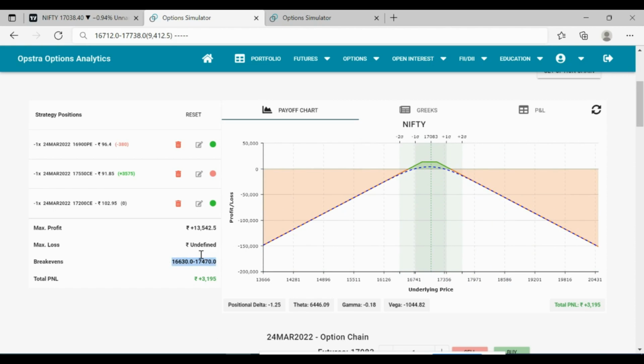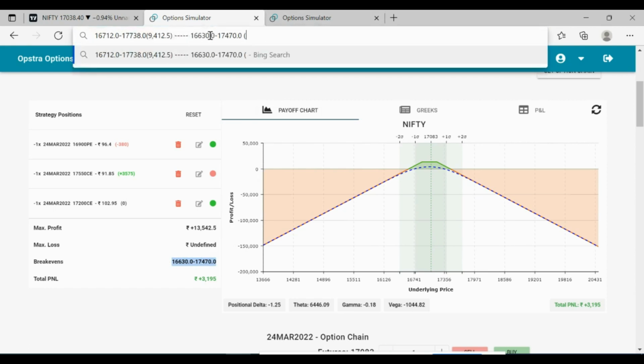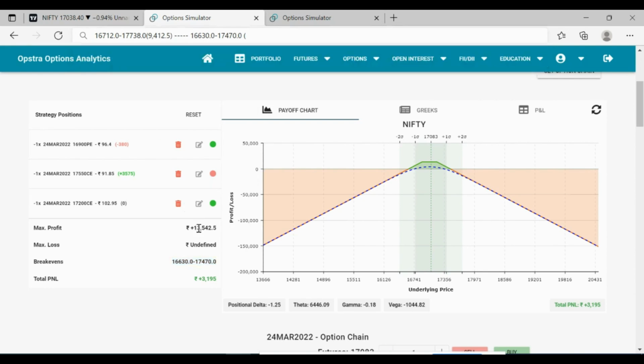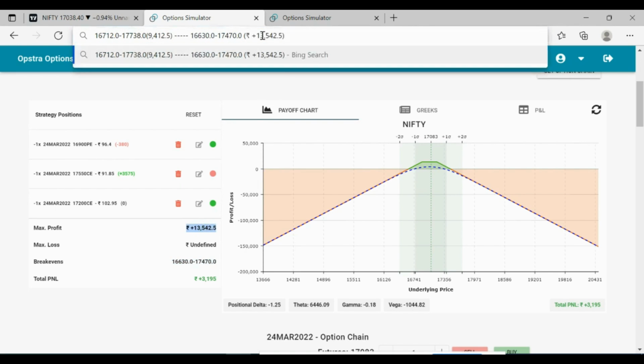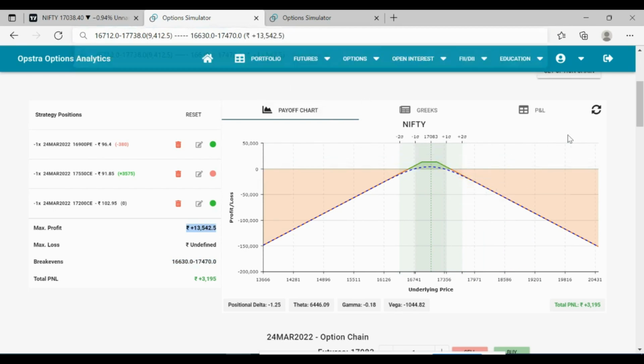Okay, I'll just copy the entire thing, right? This is one of the differentiators, friend. Okay, and I'll make a note of the profit the moment we have done the first adjustment. Okay, this is what we see. Right? If you look at the original